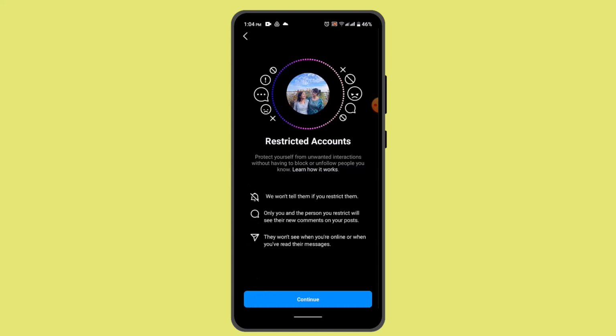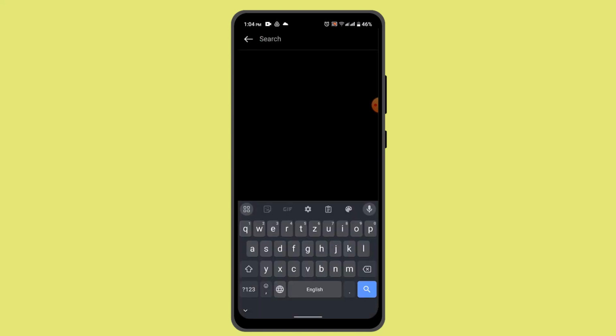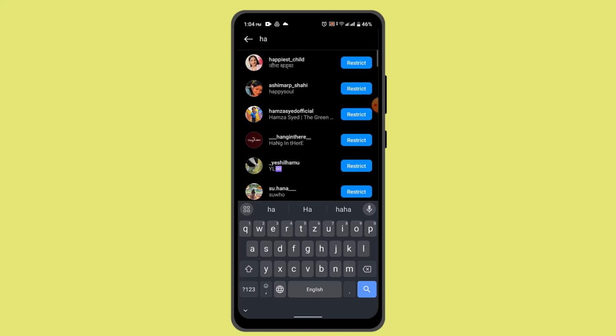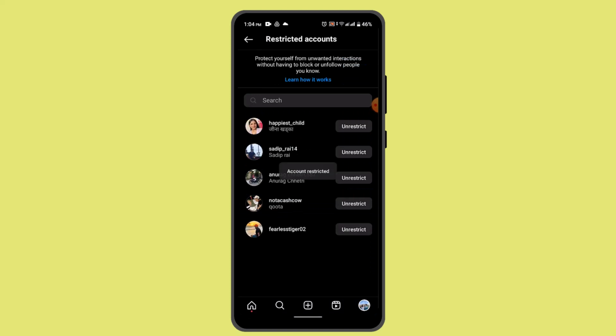After that you need to enable this, so click the continue button, and here you need to go ahead and select the particular user from which you actually want to restrict. So go ahead and type in the information or the username of the particular user. So I'm going to go with this one. Click on the restrict button in order to restrict them, and here you can see the user has been restricted,